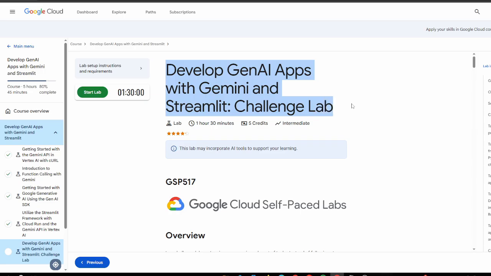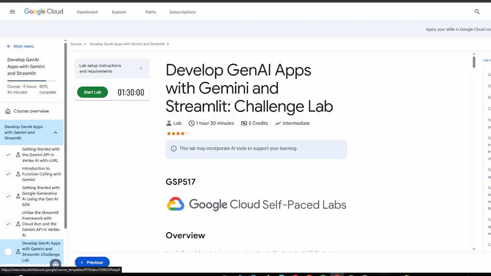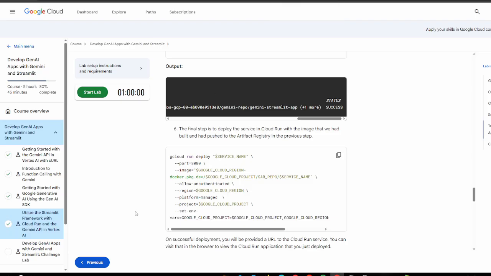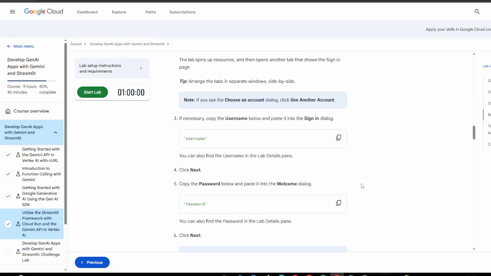This is going to be the challenge lab of develop GenAI apps with Gemini and Streamlit. Before starting the lab, it is a big lab in which we are going to perform all the things we learned in the previous modules. So I would suggest that just right click over here and click link in new tab and keep this module, the fourth module, just keep it open